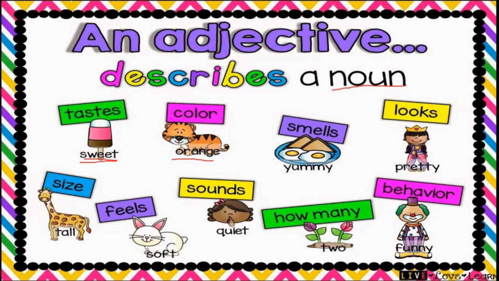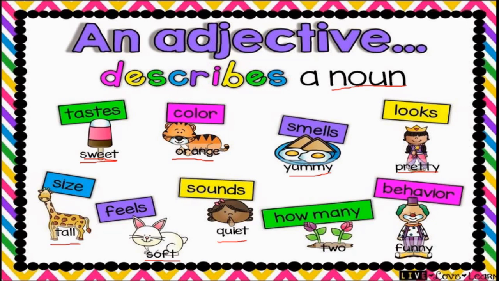What is the taste of this? Yummy. Correct? How it is looking, or means opinion we are telling. That is pretty, beautiful, isn't it? These are all extra words we are using for the noun. Some more are there to tell the size. Giraffe is a tall animal, tall. Okay, and feeling, again here we can see the opinion or feelings. Rabbit is very soft. Okay, about the sound also we use quiet.